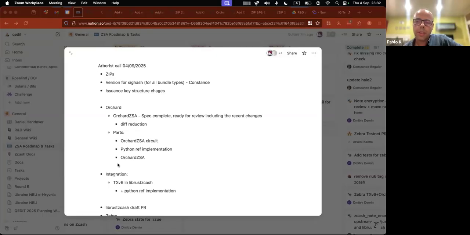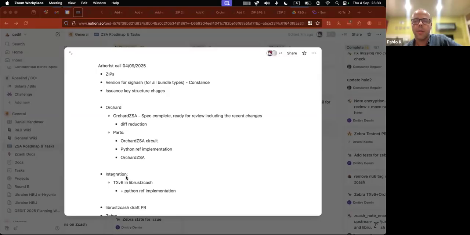In the recent weeks, this week, we had a very nice, very good discussion with DRM and Strad, and we decided that instead of ignoring everything else, we are going to embed all of the spec for transaction v6 in our reference implementation. We are going to embed the required fields for NSM, and we are going to embed the fee changes,